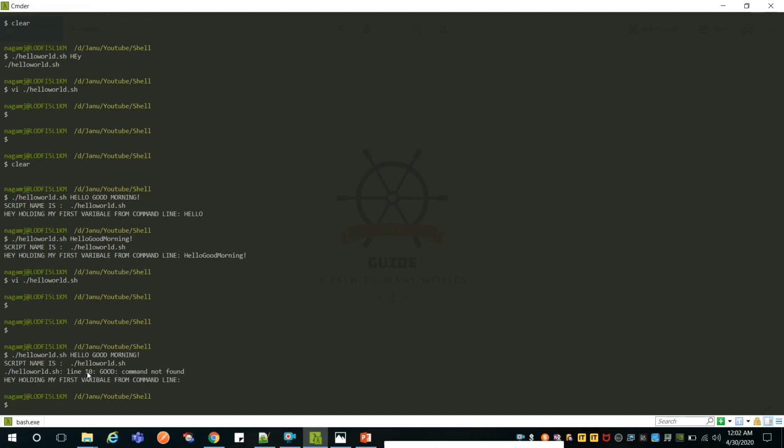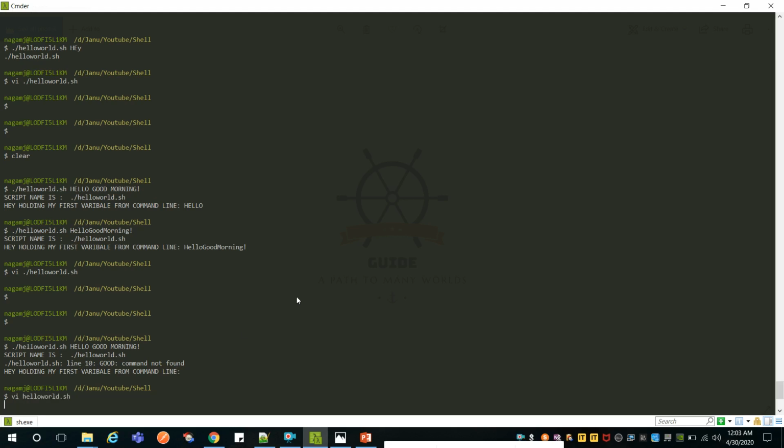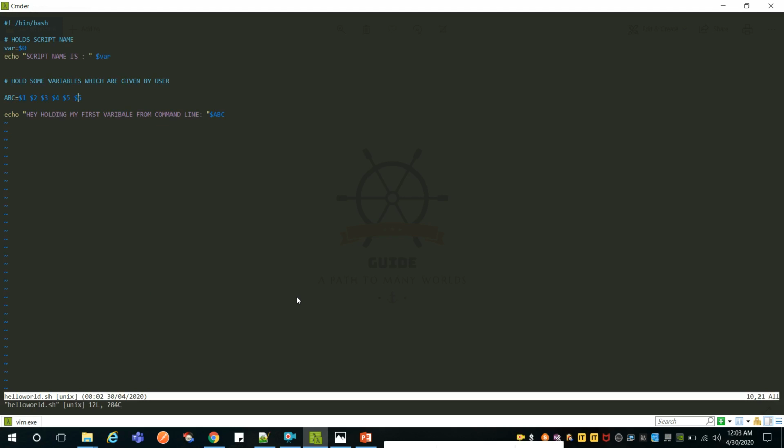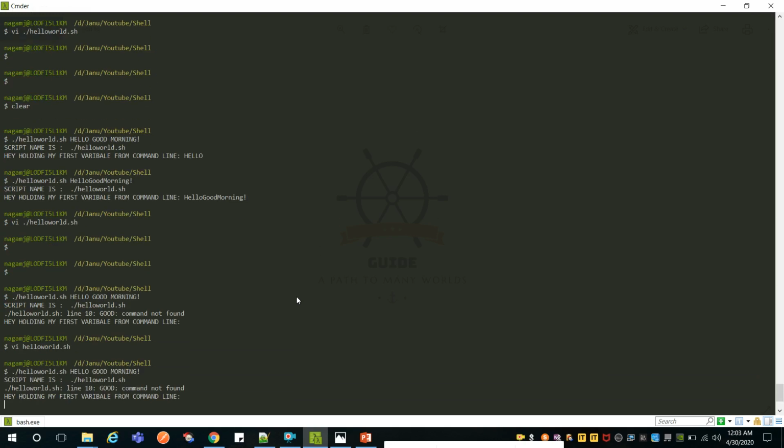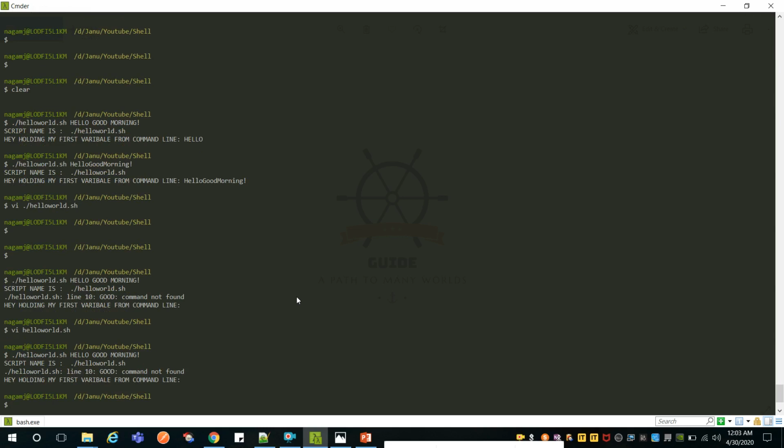It says that in line number 10, command not found. Okay, let's see what happened. I have given three variables here, and then let me pass. It still says command not found. Okay,